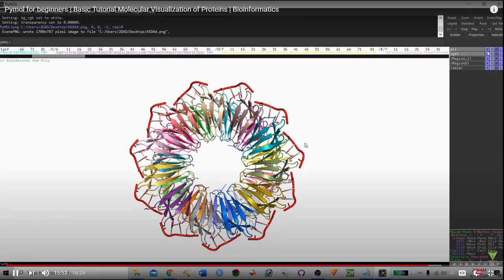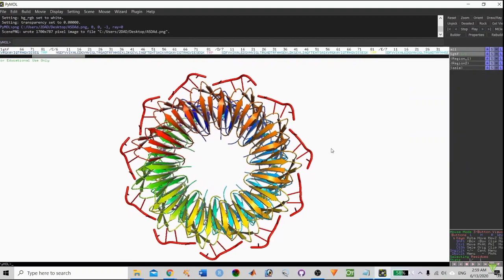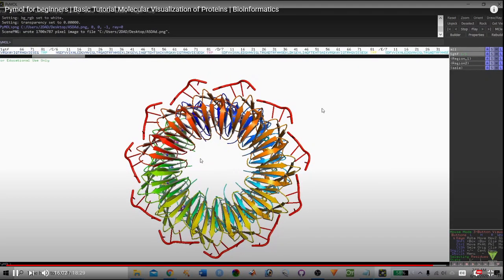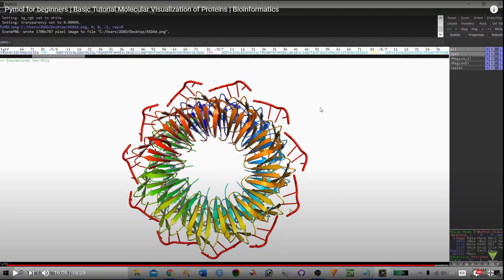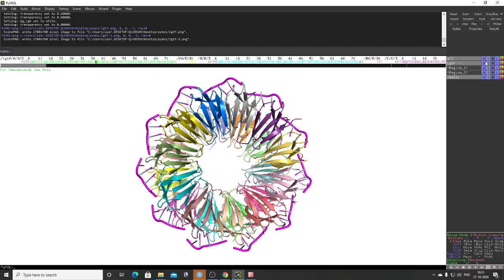For publication, you have to remember: go to action, preset, and click on publication mode. If you click on the publication mode, it will generate a high quality secondary structural component, cartoon molecule for you. So for example, we want to save it as a publication model.